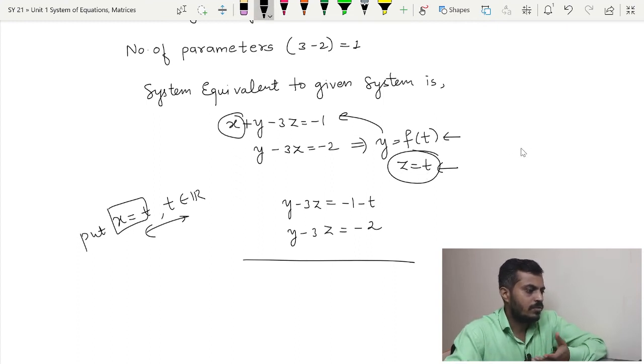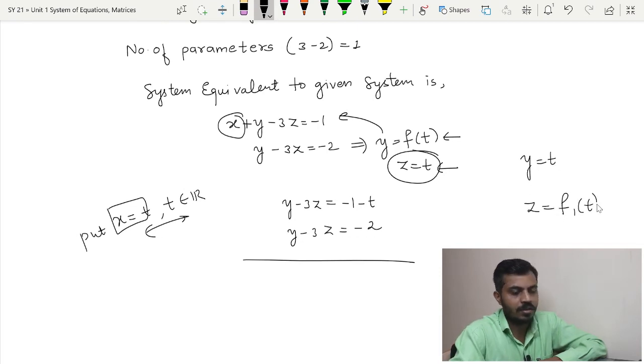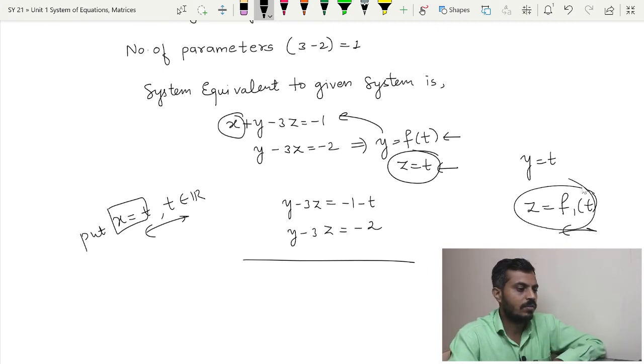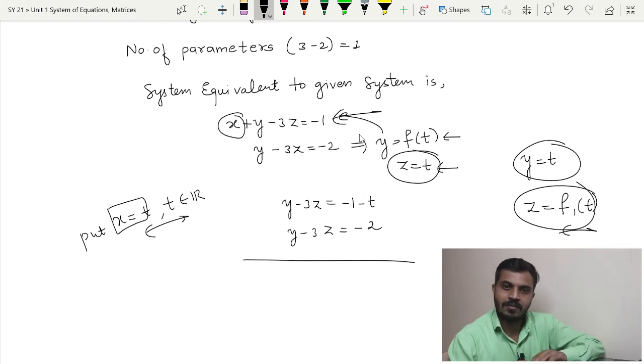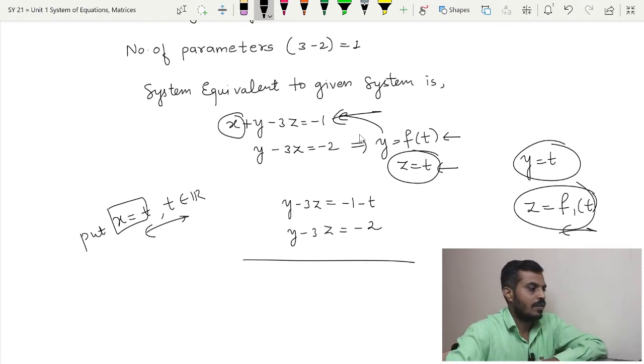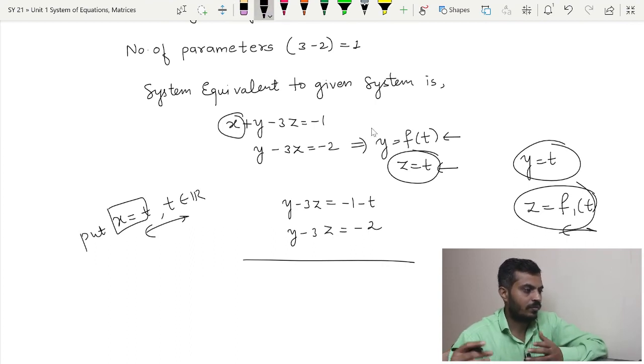And you can use the parameter for y as well. So if you put y is equal to t, then you will get z in terms of f1 of t, I will say, the function may be different, and then we will put the values of z and y in the first equation to get the value of x. So this is the entire process that we are going to use in each and every example that we are going to come across. So we will use the parameter for z, because we always go for simplified things.